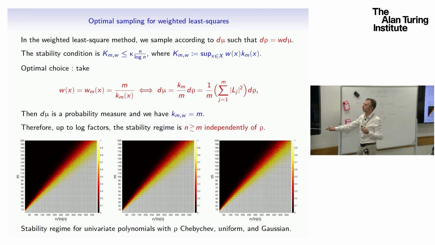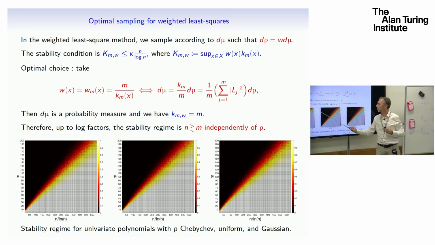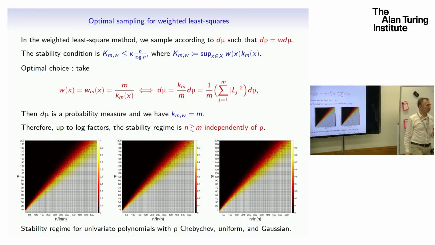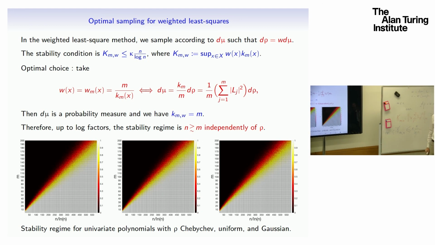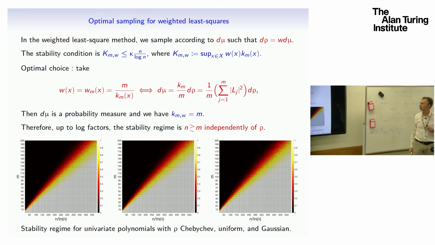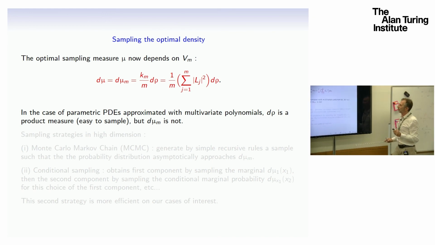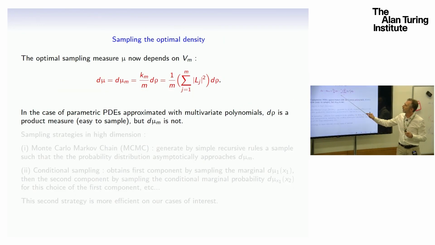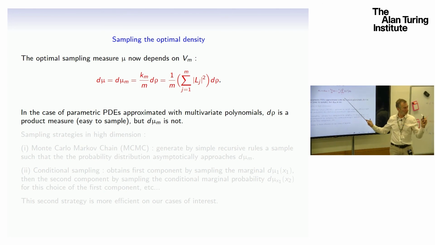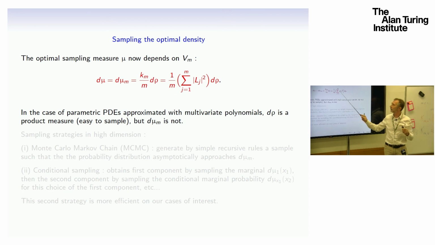And this is reflected, for example, for univariate polynomials. Here you have uniform, Chebyshev, and Gaussian, and now everything goes perfectly well. Okay, it scales linearly. So let me say a few things about this density. Now you have an optimal density, and what's special about this density is that it's not anymore a fixed density. We're going to have to deal with that. It depends now on m. Okay, if you enrich the space Vm, this density is going to change. You see, it's given by this thing,